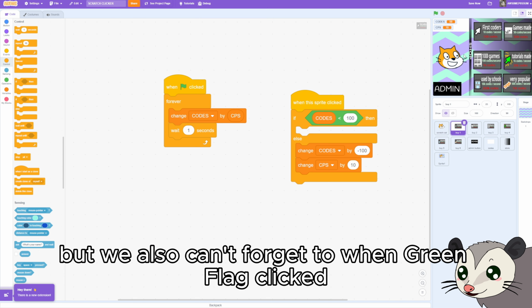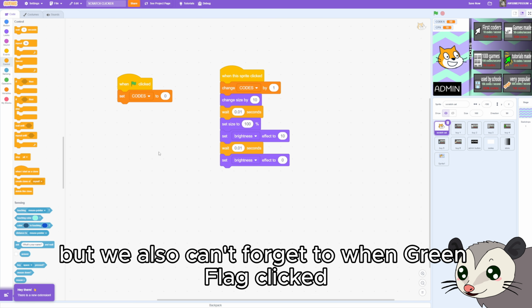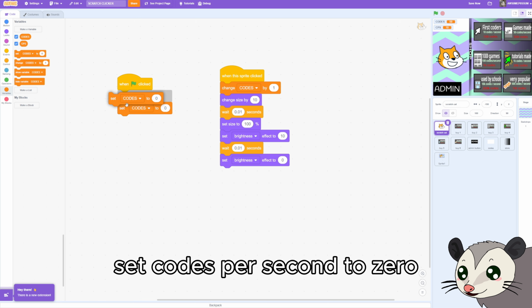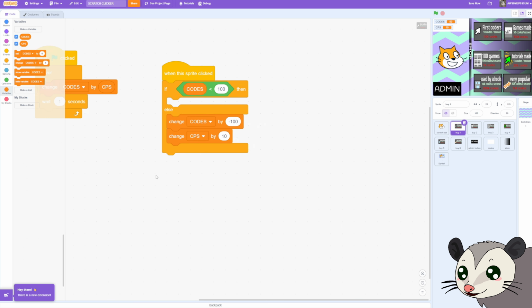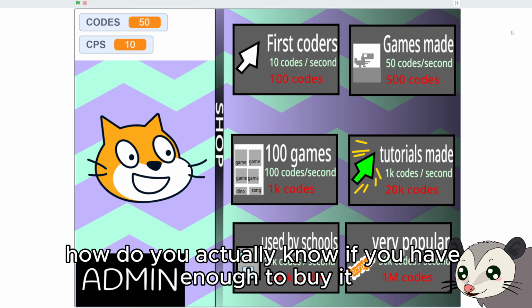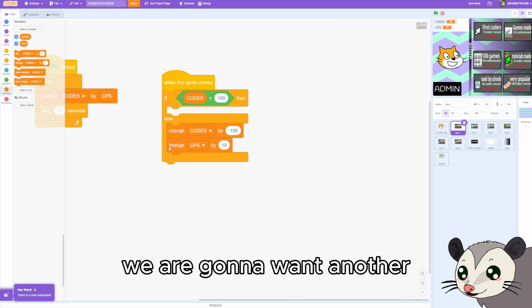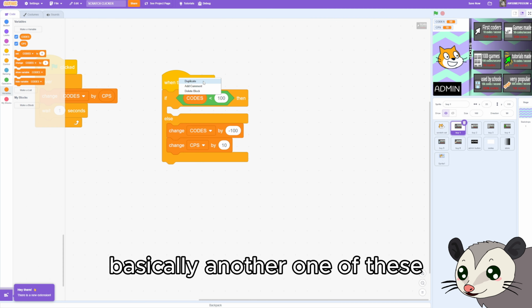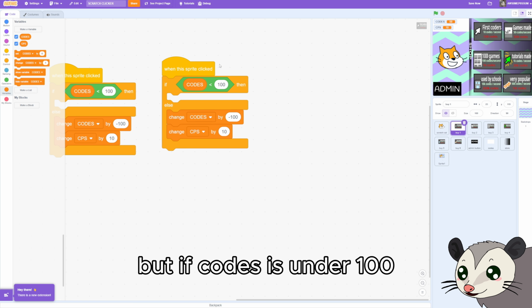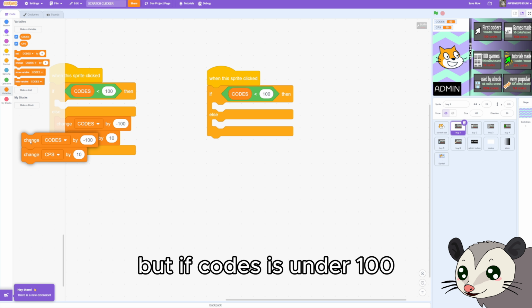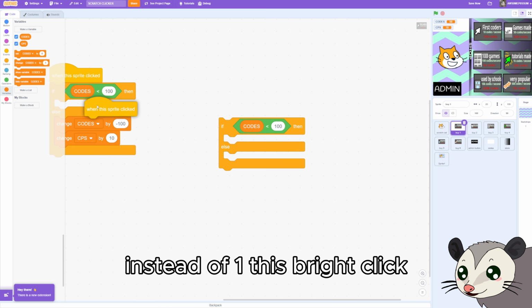But we also can't forget to, when green flag clicked, set codes per second to 0. And now, how do you actually know if you have enough to buy it? Well, we are going to want basically another one of these, but if codes is under 100, instead of when this sprite clicked,